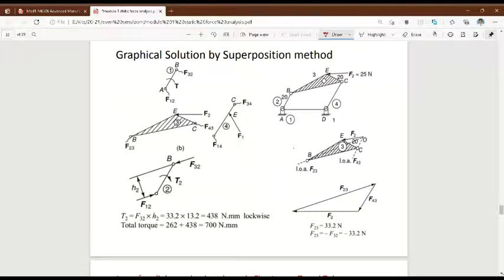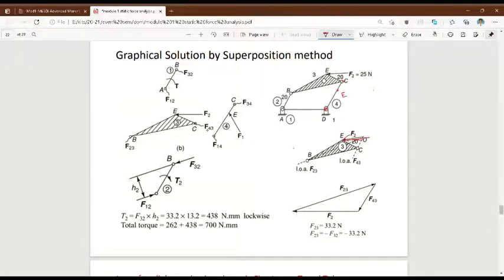Once again, you are going to draw the free body diagram for all the links. Otherwise, you can use the same diagram, no problem. Keep this as it is. In the previous slide, we got the direction of F43. The direction of F43 is in this direction. But now, in this step, it will be changing. How is it going to change? Let us see that. First, draw this diagram again.